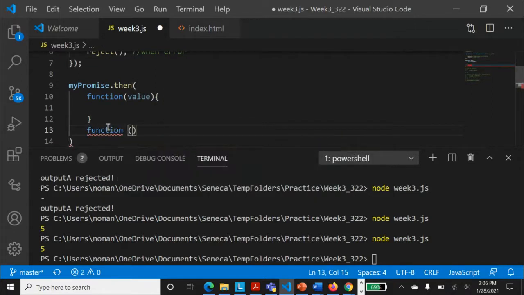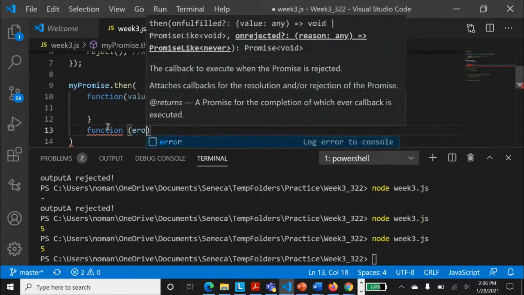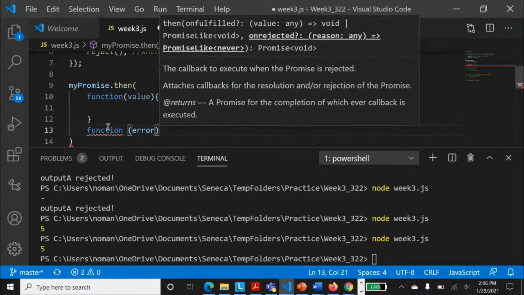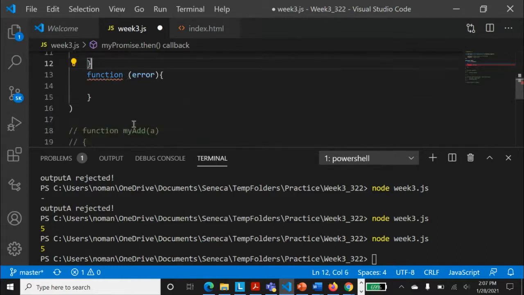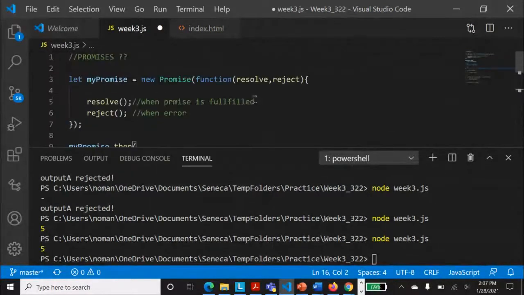Or maybe there can be a function for rejection, which gets an error. You just need to have a comma over here. So the promise accepts two functions, and depending upon what happens, either the promise is accepted or the promise is rejected, right?